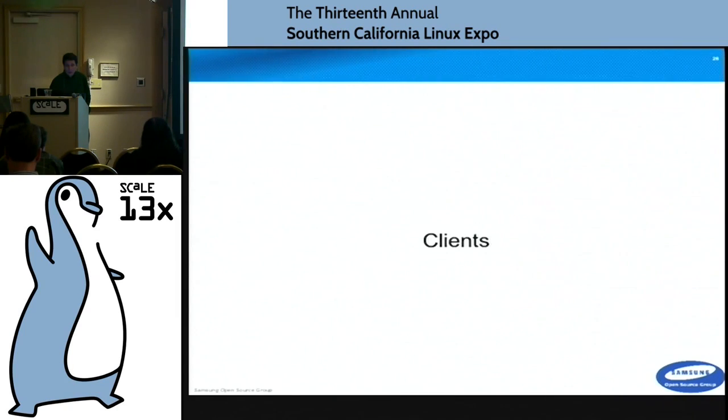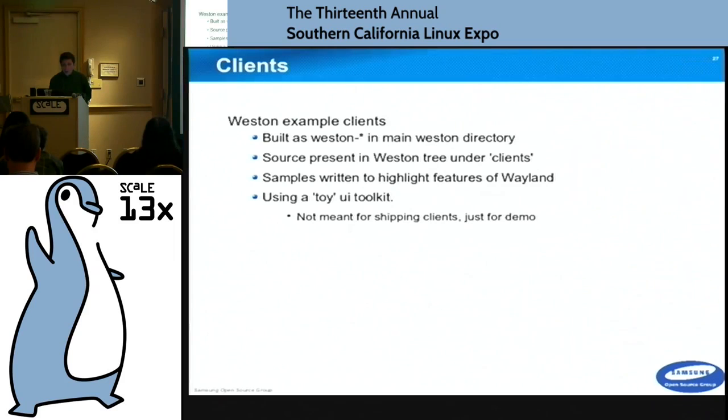And then we have clients. Those are the applications that run on top, so your applications. Weston has a lot of example clients. When you build the Wayland sources, it will build the protocol, or if you go to the Wayland website, you can find out how to build Weston too, because unless you're using something else, Weston's actually good for testing your applications and anything else. They show up as Weston-whatever when you build it. The source is present in the source code